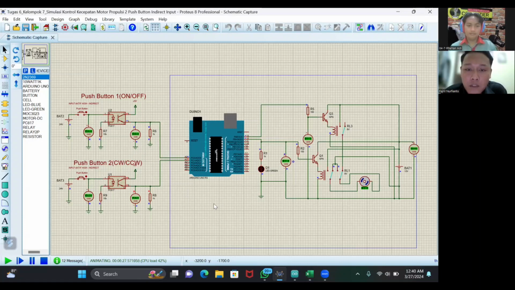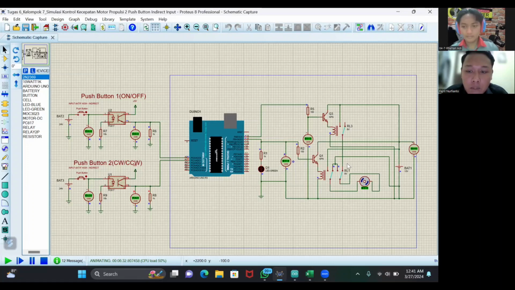The Arduino output pin is connected to a resistor, which is connected to a transistor that functions as a connector or breaker, and a relay with a 5-volt setting as a safety measure, because the voltage from the battery exceeds the Arduino voltage capacity. After that, the two DC motor pins are connected to different relay outputs, and from the relay pole, the output is passed to ground.